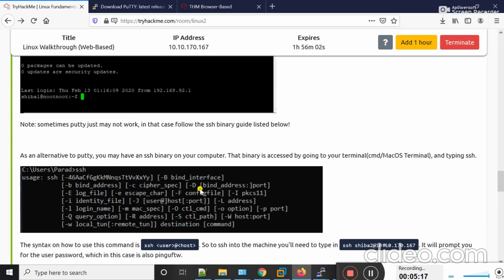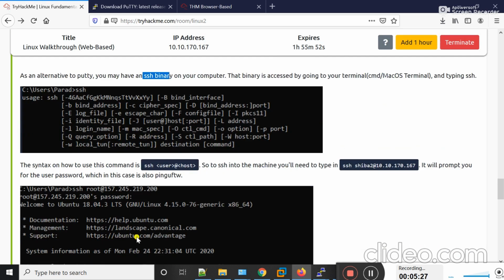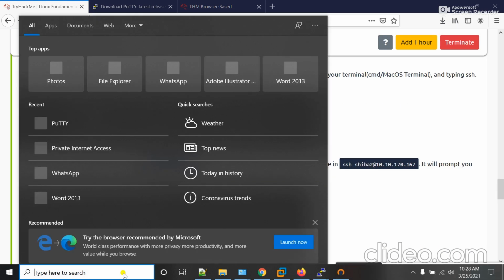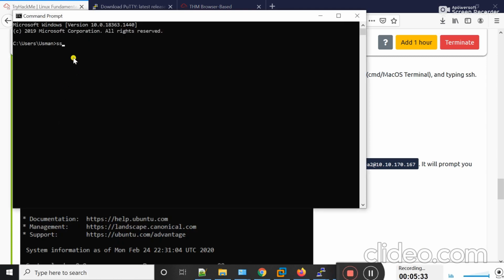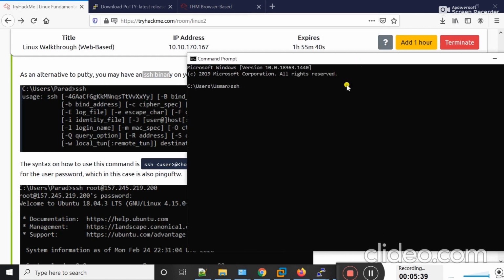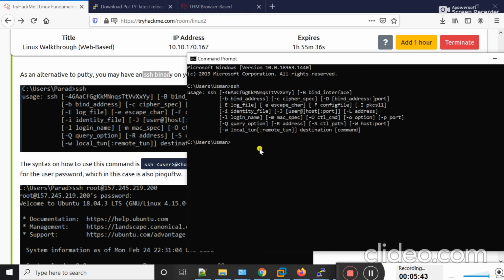Now another method: as an alternative to PuTTY, you may have an SSH binary. We can use an SSH binary to SSH to a machine. Here I am going to open the command prompt and I will type ssh, and then press enter.